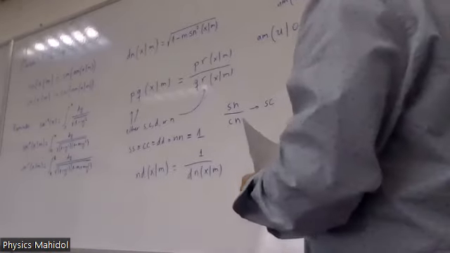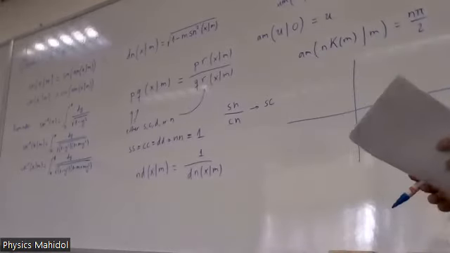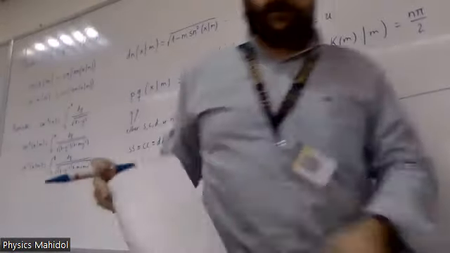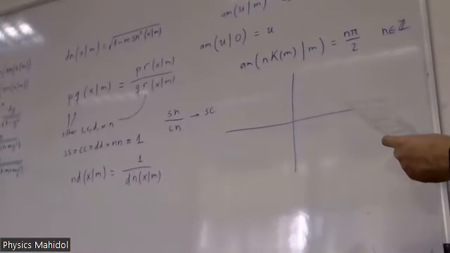Okay, let me see. Let me show you what happens if I plot the three basic functions sn, cn, and dn. Well, they will depend on the value of m. So if I choose a value of m,